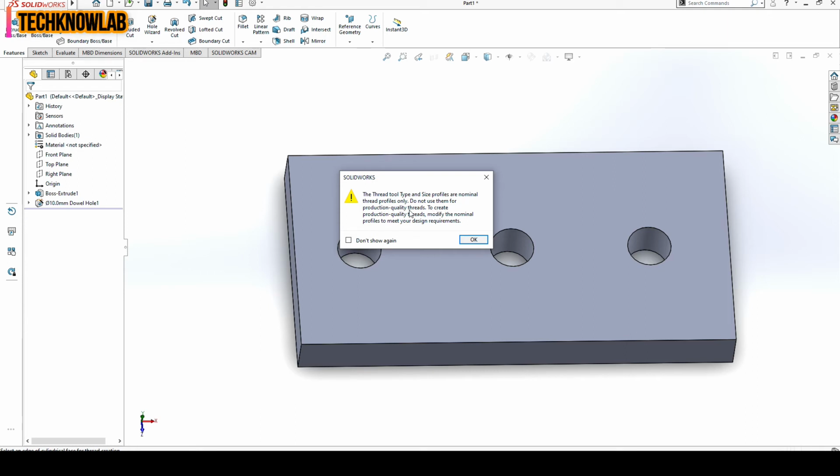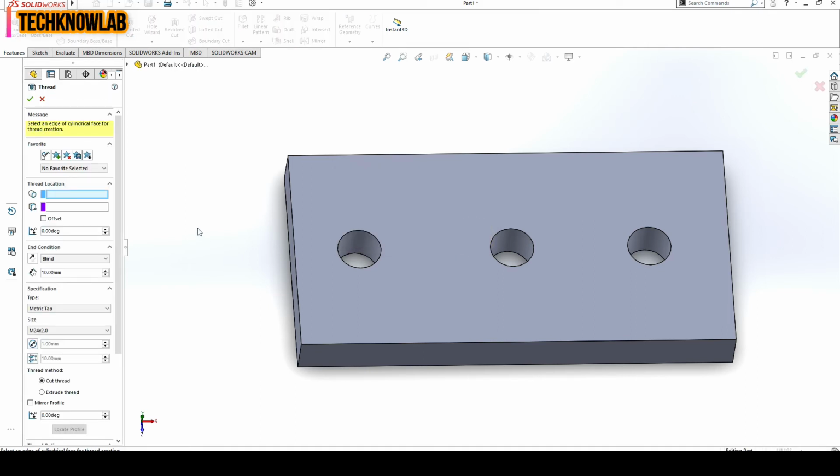Do not use them for production quality threads. The quality and profiles of these threads are just nominal, so please do not use them for production quality. If you want to produce a part for production, it is better to make the threads manually. It is just for representation. So we will confirm it.